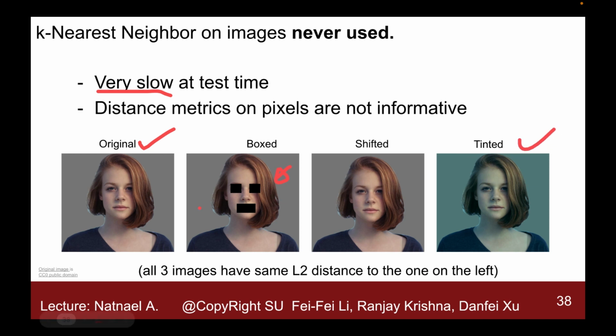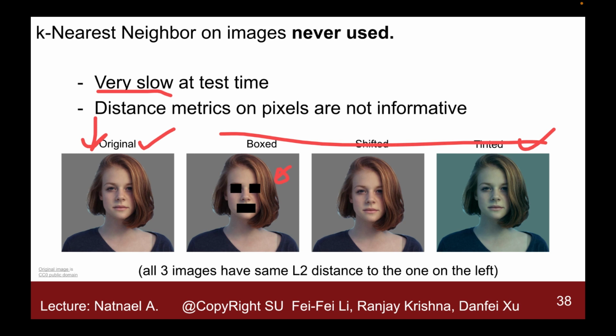But you could get the same L2 distance, which is Euclidean distance, among all these images, even though their information is a little bit perturbed. So for that purpose, k-nearest neighbor might not be used most frequently in most image classification or any other general